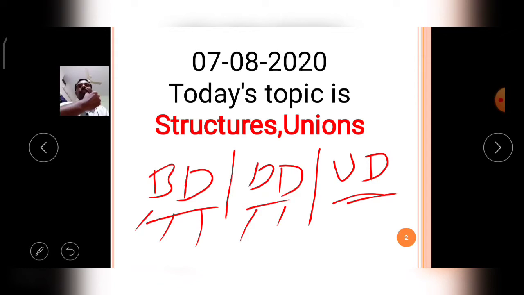In the user defined data types, structures, unions and enumeration data types come under it. So the topic we will discuss today is structures and unions concepts. These come under the user defined data types of C language.